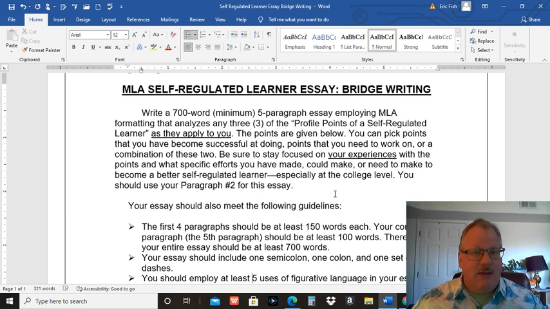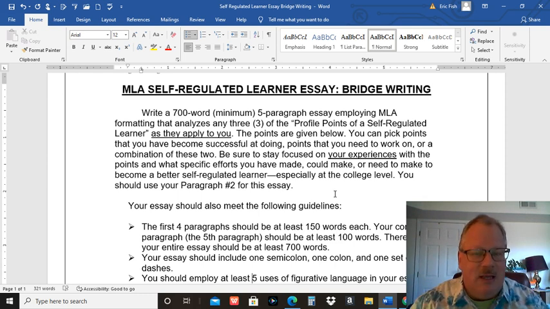Then the week after that, we're going to add research into that essay, so we can kind of see how MLA formatting and research works within an essay. Then that'll pretty much take us to the end of the course there. But hopefully it's going to be a good preparation for Comp 1 as well. Probably going to go beyond the 5-paragraph essay in Comp 1, but it's a good tool to have in your